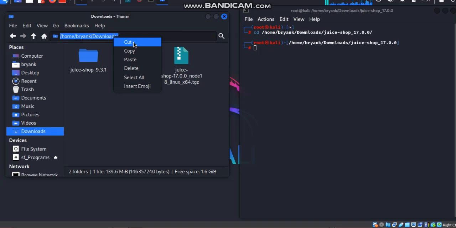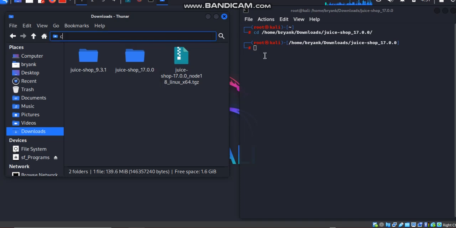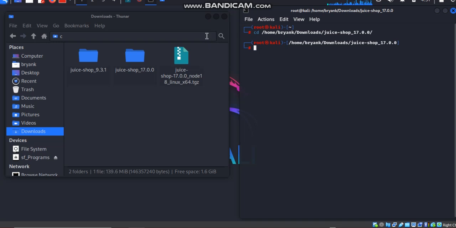Let me cd back into just the download, paste. So you will find out that it's going to cd me back into the download. Can you see it? Yes. Okay. Yes.